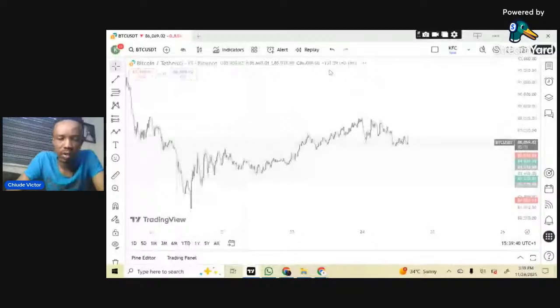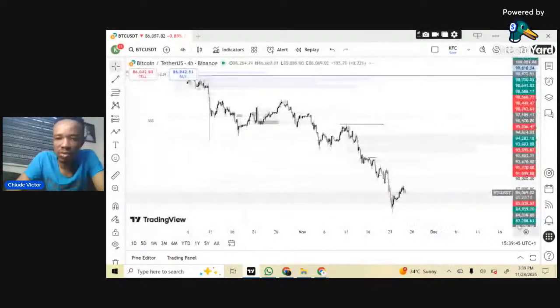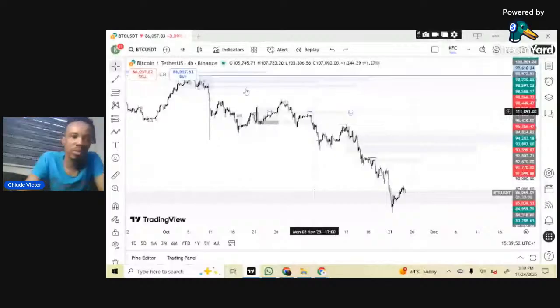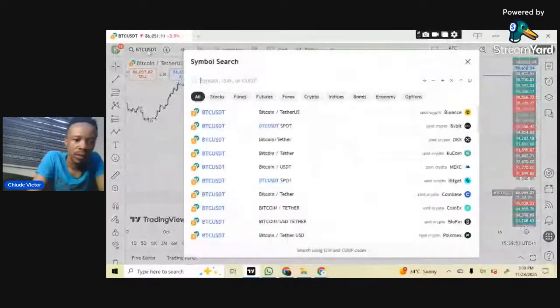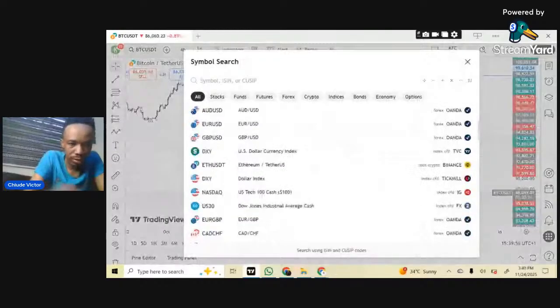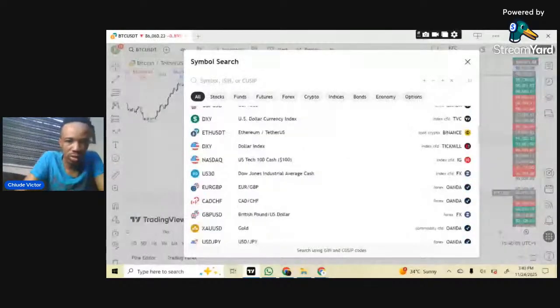As for Bitcoin, the bullish move has not started. Bitcoin has taken us into 85. It's going to still go bearish before we confirm the complete pullback. So I'm going to tell you when Bitcoin starts buying. Same also with Ethereum. They are basically the same thing. So there's nothing to discuss there.